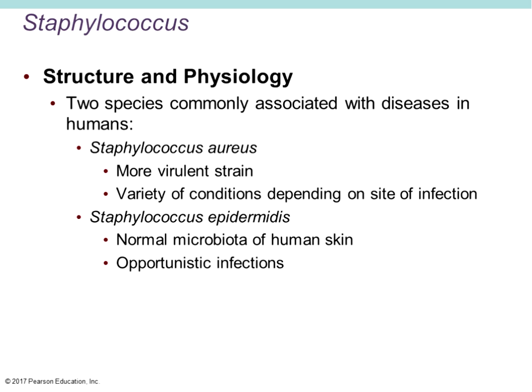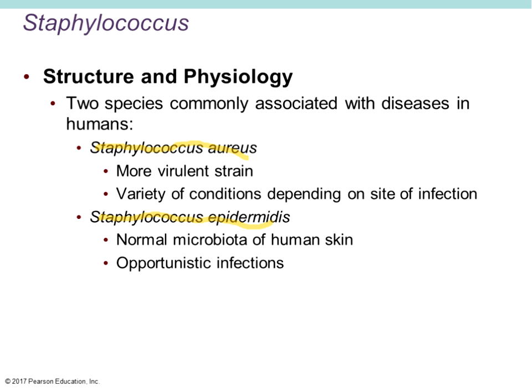So more structure and physiology. There are two species that are commonly associated with humans, and that would be Staph aureus and Staph epidermidis. Both Staphylococcus aureus and Staph epidermidis,